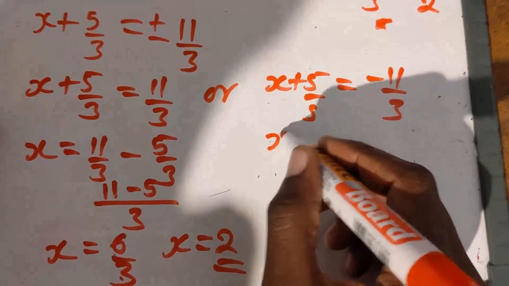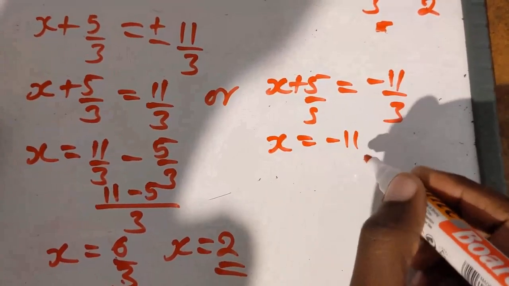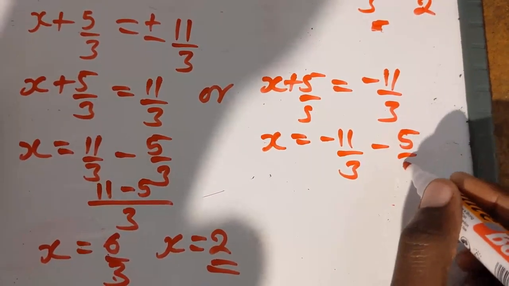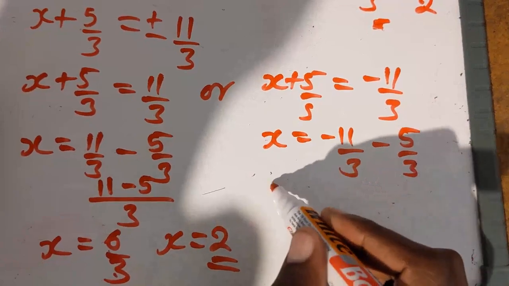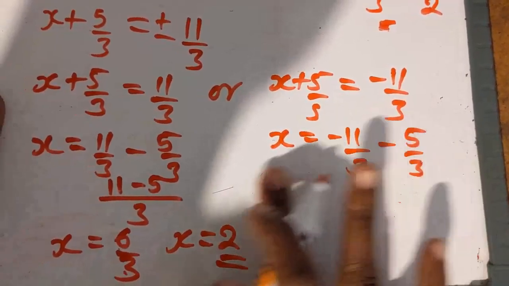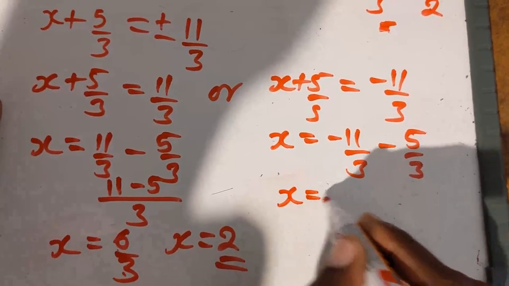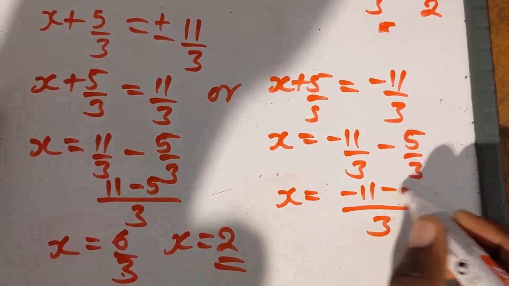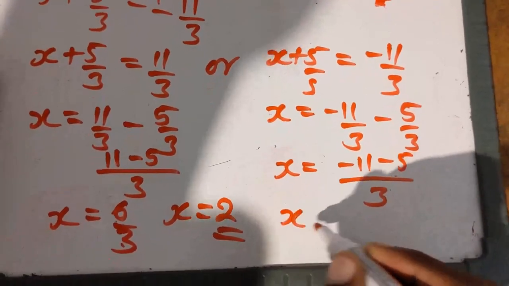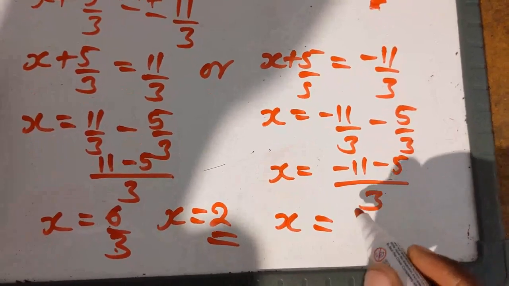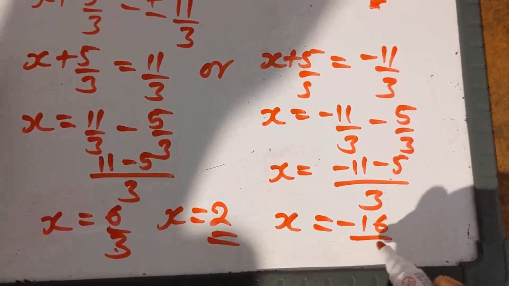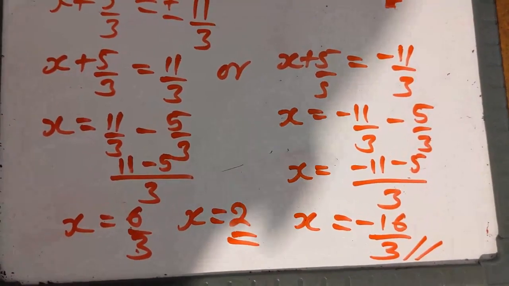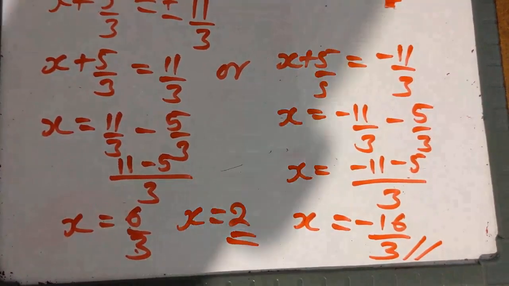Coming to this, so x is equal to negative 11 over 3, then minus 5 over 3. You're going to have x is equal to over 3 like that, then we're going to have negative 11 minus 5. So this is going to be negative 16 like that over 3. So this is the other value. So that is how you solve questions in